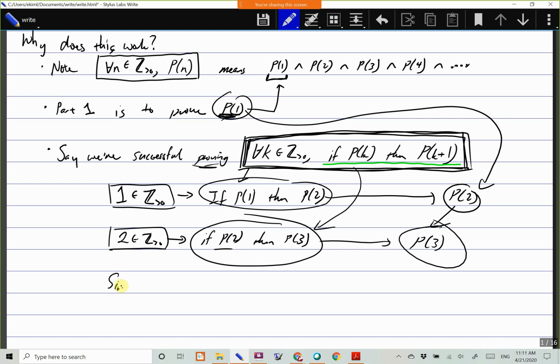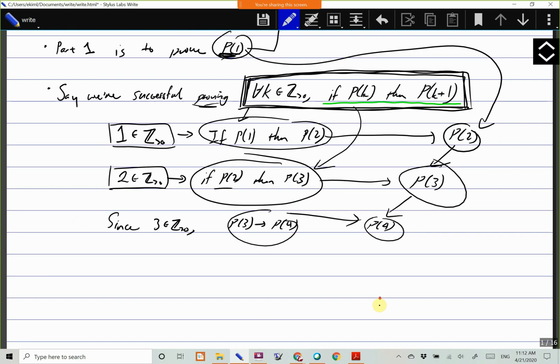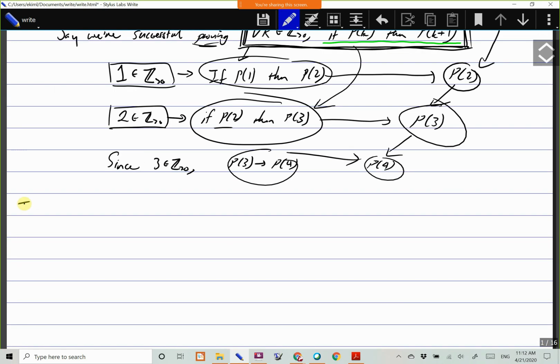So since 3 is a positive integer, we know that p of 3 implies p of 4. And knowing that, together with having p of 3, this gives us p of 4, and so on and so forth. So there's an infinite number of uses of modus ponens happening. In fact, I could say a countably infinite number of uses of modus ponens. Okay, so I'd like to provide a cartoon analogy to what's going on here. The idea here is this is like